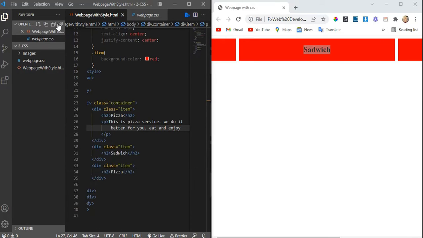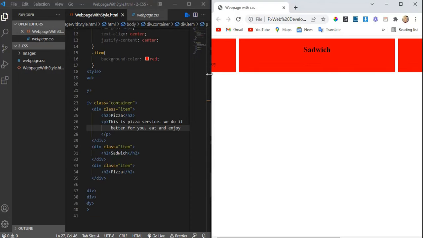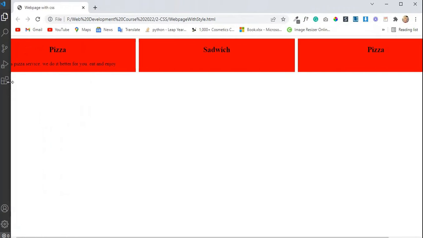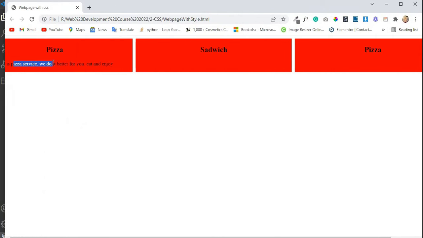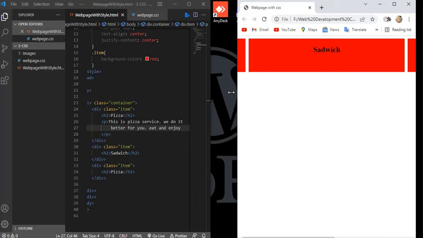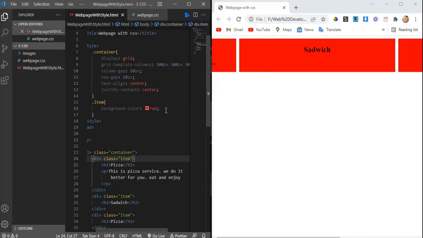If I save it and reload, now you see our text is here, that is our paragraph. This is very difficult for you to see,